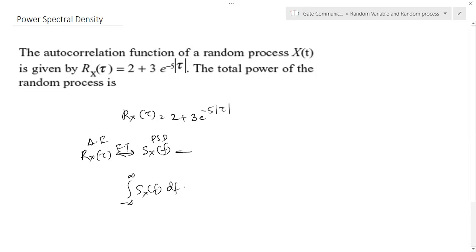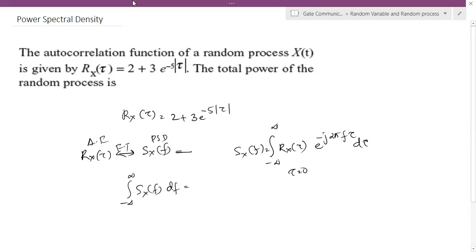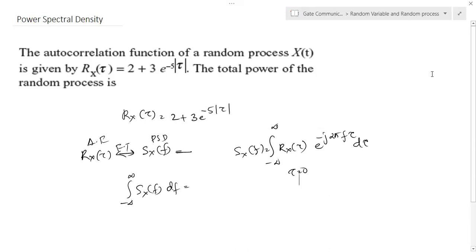Okay. So this we can evaluate in another way, because this is a Fourier transform equation, integral minus infinity to infinity Rx of tau e raised to minus j 2 pi f tau d tau. Okay, this is Sx of f. And if you substitute tau is equal to 0 in this particular equation, it becomes Rx of 0. Okay, so by using that relation, you can conclude that